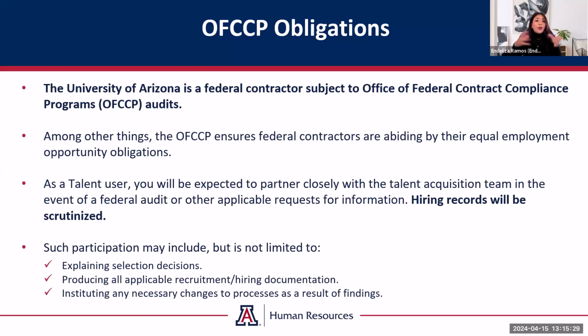So every year we are getting all the information in our system, we're evaluating it, we're assessing it, and we're essentially assuring that we aren't having any issues with our equal employment opportunity elements. And if there are, that we are addressing them. Every once in a while, the agency might want to audit us based on their principles and go into deeper dives into our information. So in those cases, as a Talent user, what you'll notice is we'll partner with you.